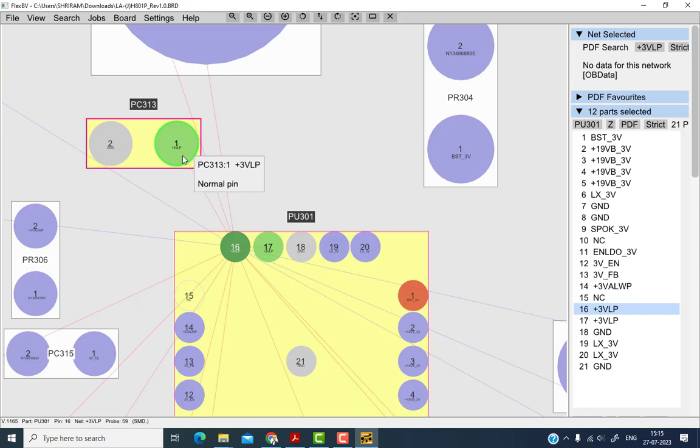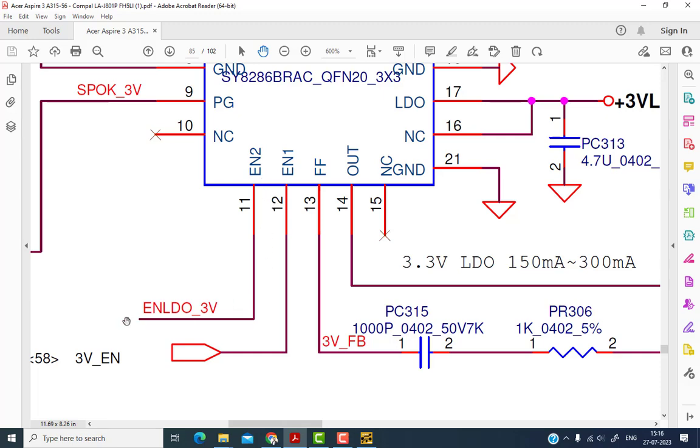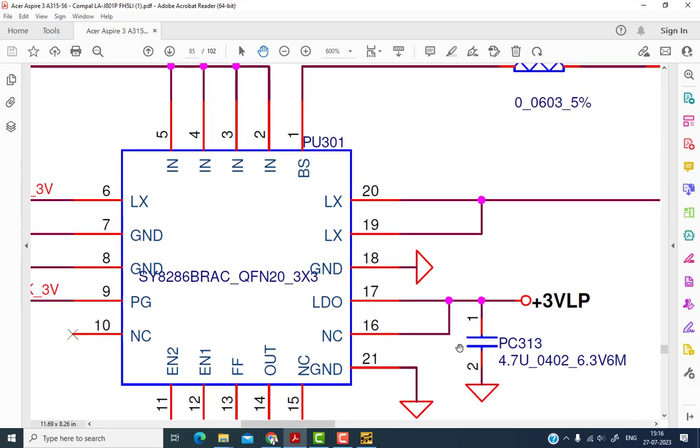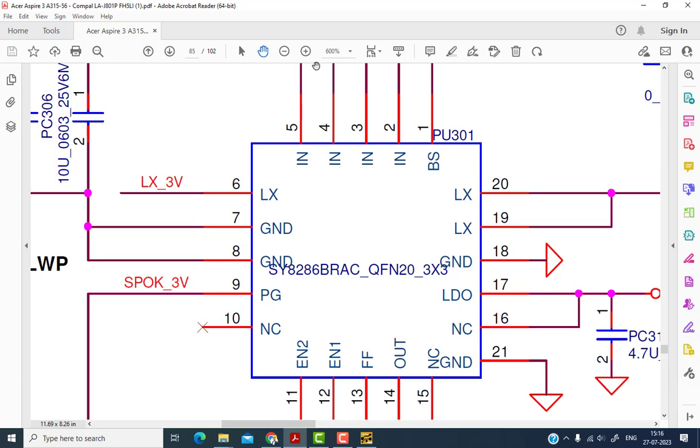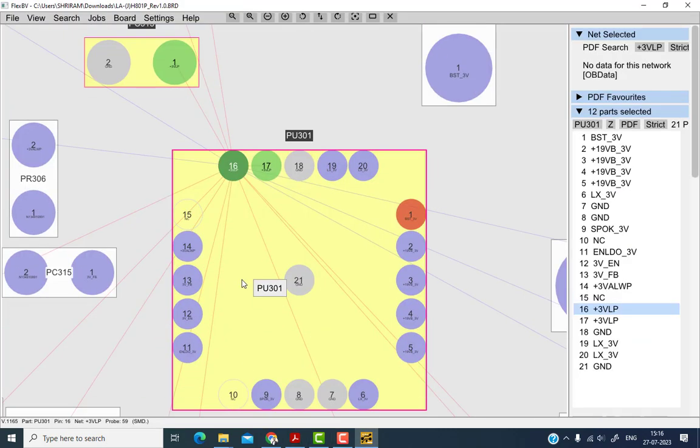Where is the LDO enable? LDO enable is here. You can see it in the schematic diagram also. Here, LDO enable, this pin. So if this voltage is coming and this output is not coming, then you have to check the enable pin number 11. So where is pin number 11? Pin number 11 is